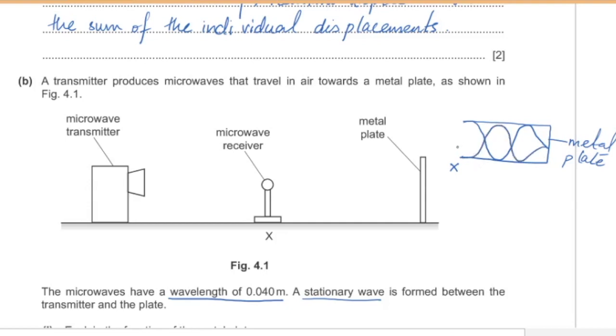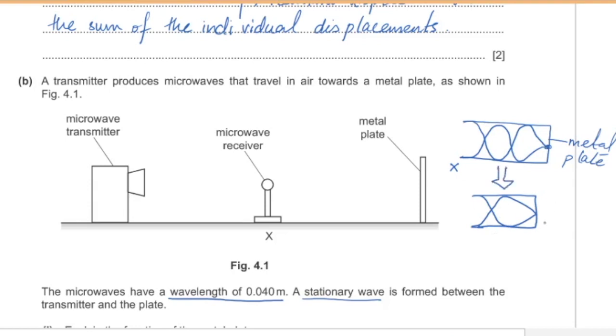This is an open end and closed end situation. The column has an open end and a closed end, so there's going to be an antinode at the open end and a node at the closed end. Now this will change to this waveform when the transmitter is moved away from position X and towards the metal plate. So the next wave pattern that forms, and makes the next minimum possible, is when this wave pattern changes